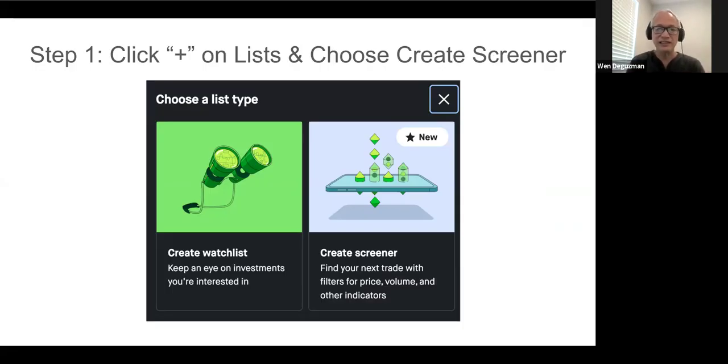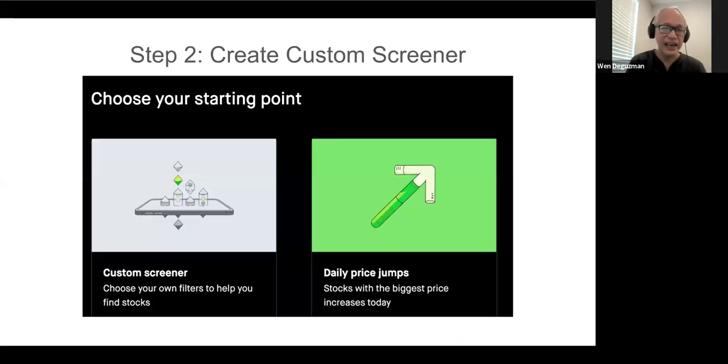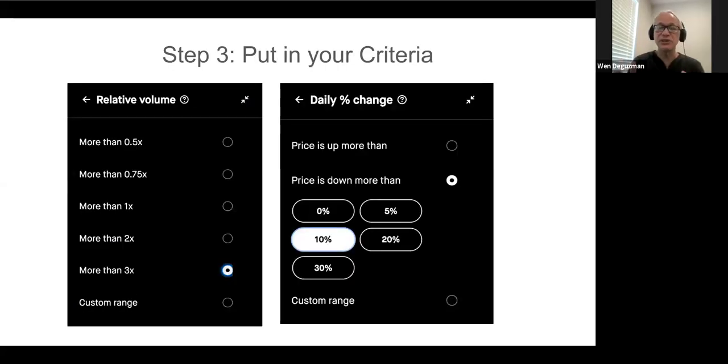So you click plus, and it will ask you to create a list. You click the plus icon there, and then you choose create screener. Instead of create watch list, you choose create screener. Then step number two, the screener will show you many different options. Choose custom screener. It will show you daily price jump, companies that have earnings, etc. You choose custom screener. And then the two things that are important to me is you choose relative volume